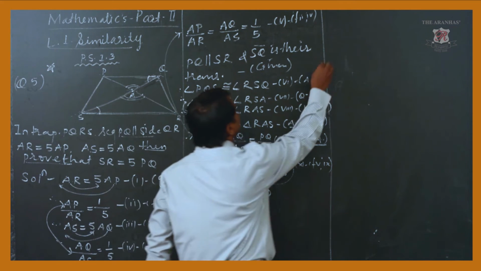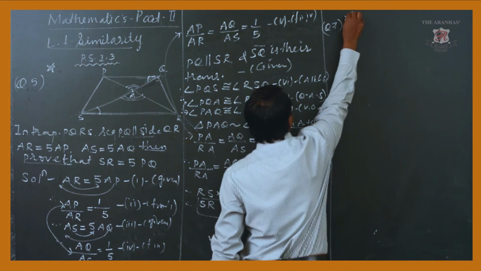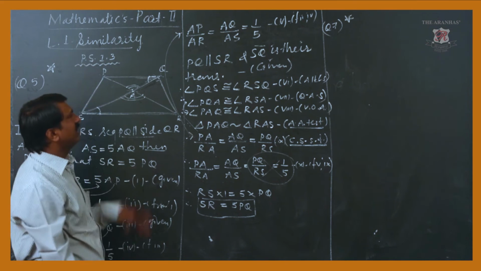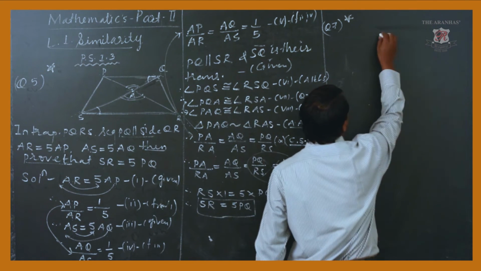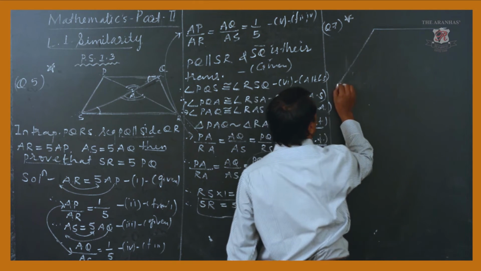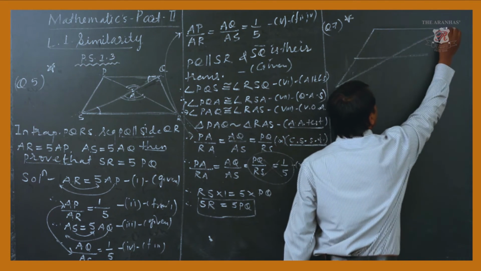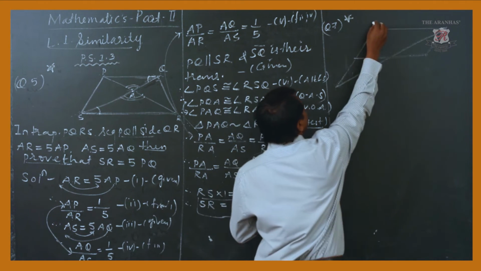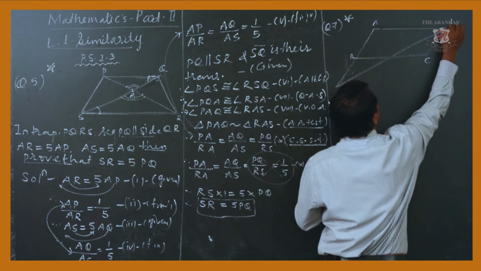Now we'll discuss question number 7. See, question number 7 is also like a star, important, and it is also a 4-mark example. I am not writing the full question, but we will see what is in the diagram. Here one parallelogram is given, the quadrilateral named A, B, C and D.